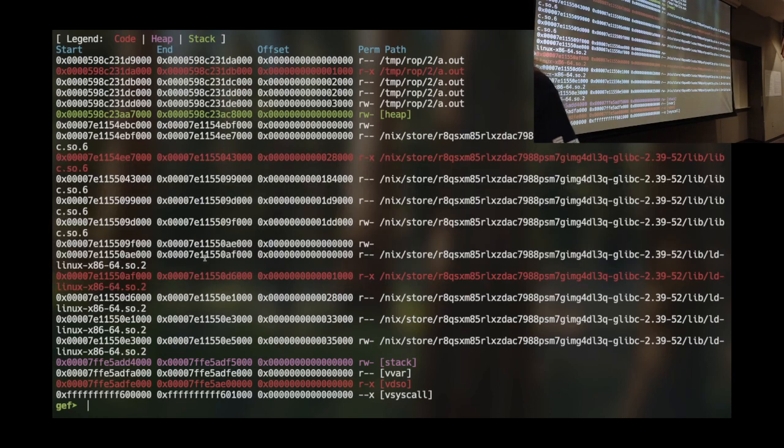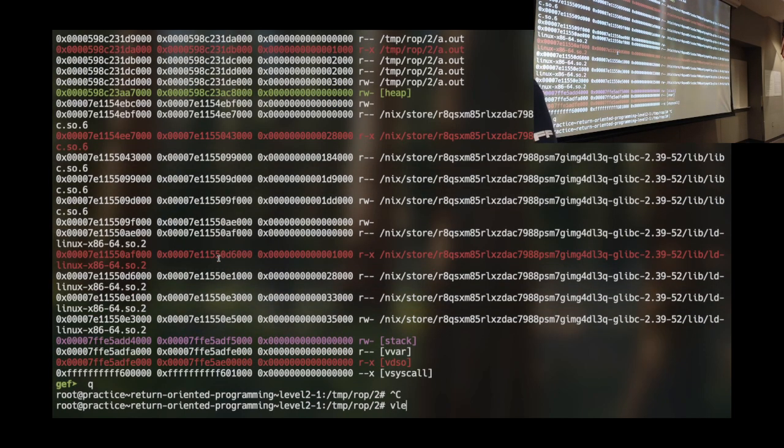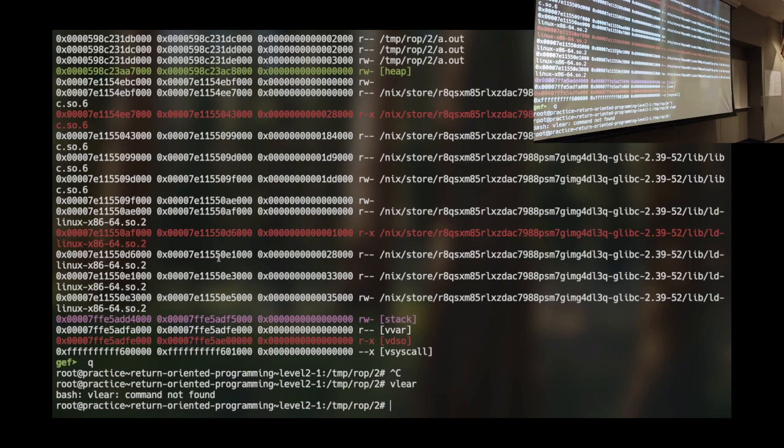And as was mentioned by the class, I can deal with that by calculating an offset from something that I know to something that I want. Now you can do all this by hand and write the math, and that's fine and dandy. It's worth doing once or twice just to know what the pain feels like. Somebody says, I can't remember a time when libc wasn't contiguous. Exactly. Libc always is, and one of the things that people don't realize is libc and the loader are also very often contiguous.